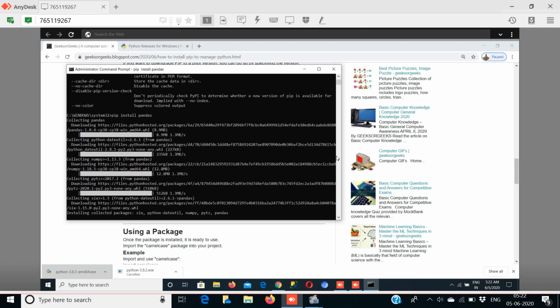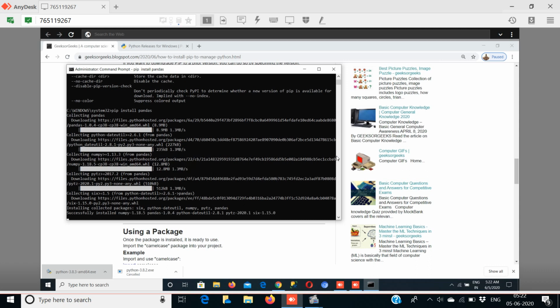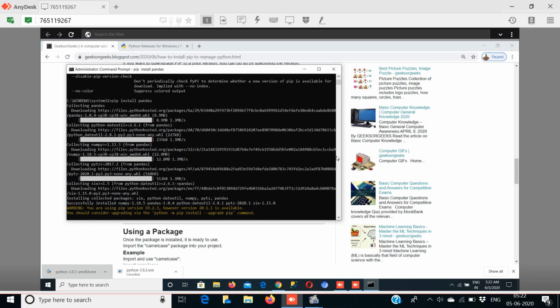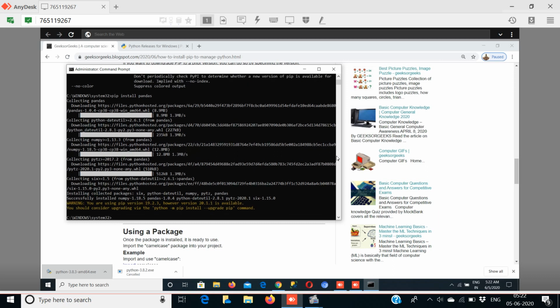Please wait for a while. See, successfully installed. Now it is warning that this is our previous version and we can upgrade our pip, no need, ignore that.